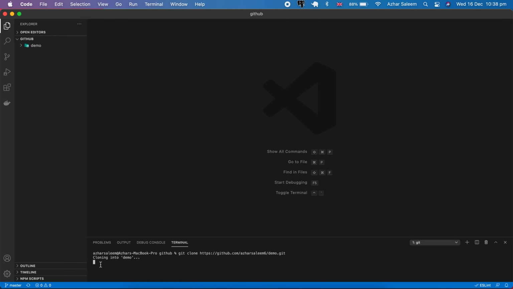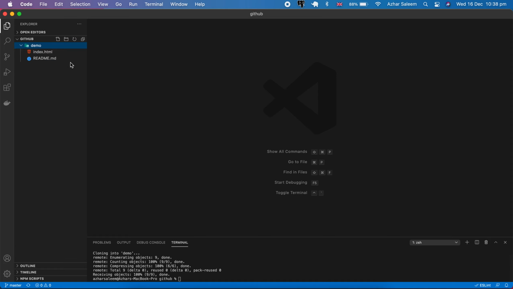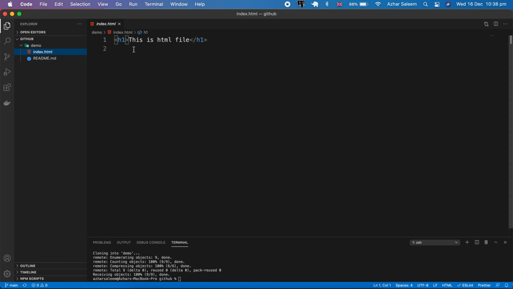Now the cloning starts, and the project is downloaded to our local machine. Index.html, what we wrote there, this is HTML file, and the readme.md file is here. So in this video tutorial we saw how to use Git and GitHub and how to create a repository. That's it for this video tutorial. In the next video tutorial